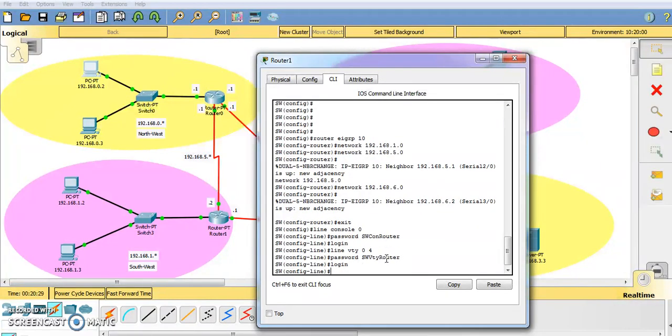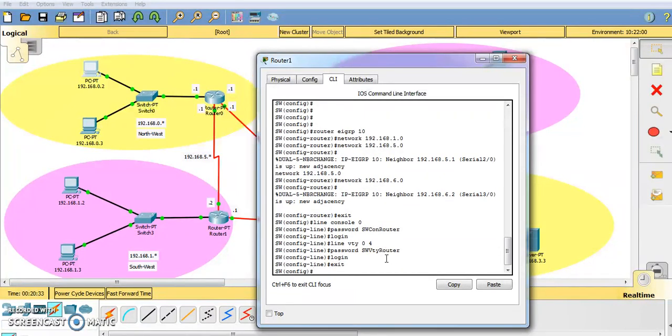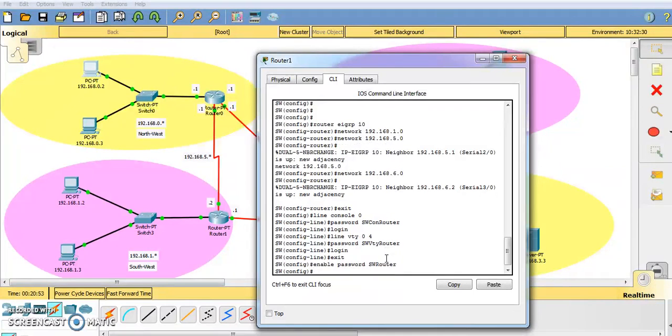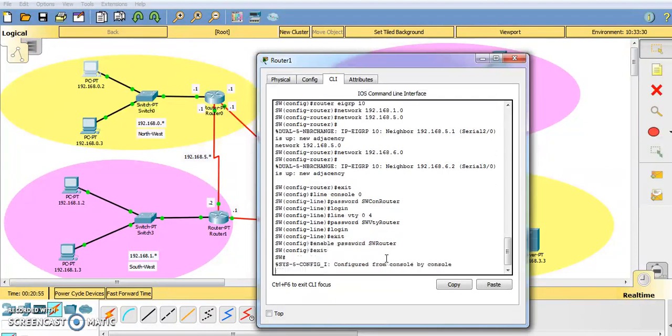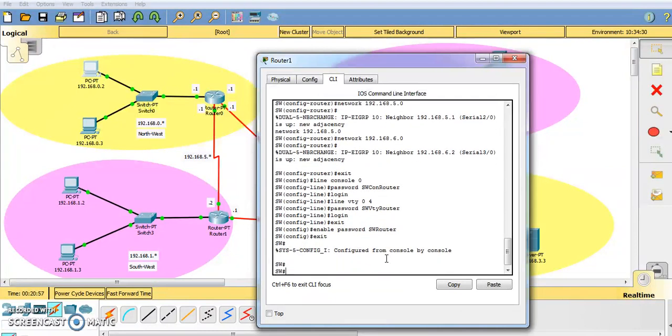Okay, so the last one is we are going to set the password for entering the privilege mode. There are also 2 types: one is the secret password and one is the simple password. So let's see the difference between them. So I set this password. Okay, let's see our configuration till now. So that is